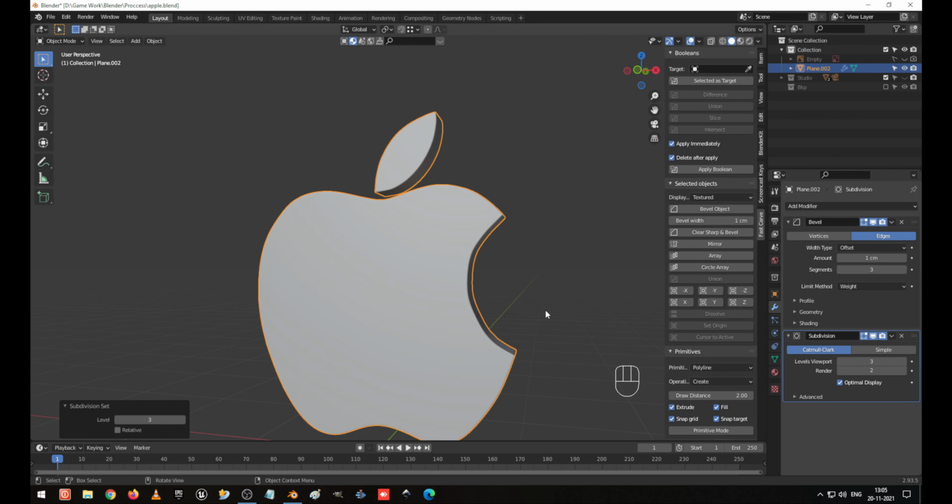I make the angle for this. Control Alt 0, and I press N on the keyboard and go to the item tab, view, camera view. So now we can adjust the camera as required. Now I go to the solid view and material preview, and I go to the rendering view, which looks nice. So I do one thing, the bricks which exist look very bright.